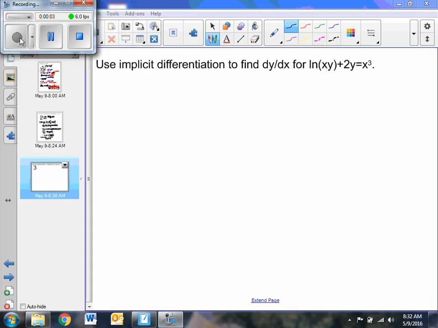In this video, we're going to talk about implicit differentiation. Implicit differentiation is really just a special type of the chain rule where we look at y as having an inside, as y being an inside function of x. So remember, y is a function of x. Whenever we take a derivative of a piece that has a y, we have to tack on a dy